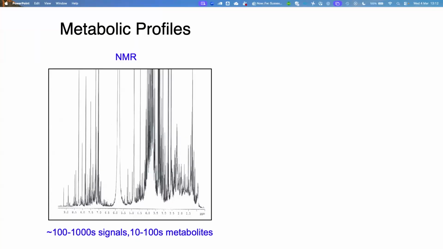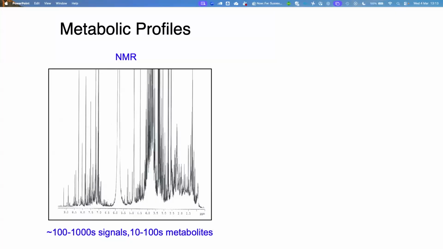This is a one-dimensional spectrum, we call it one-dimensional because there's one frequency axis here. So this is frequency. It's a spectrum of human urine. In metabolomics, we deal with a lot of horrible human biofluids, so apologies for talking about that, but that's what we deal with. You can see there are many, many different peaks here. Each of those peaks will correspond to a signal from one metabolite. Now, each metabolite can give rise to more than one peak, but the main message I'm trying to convey